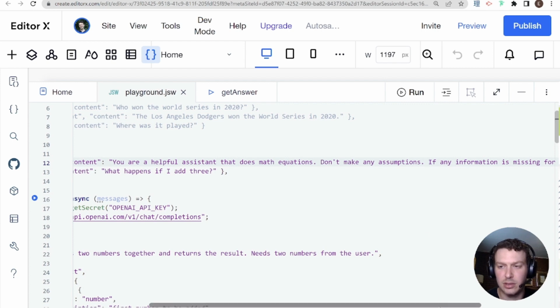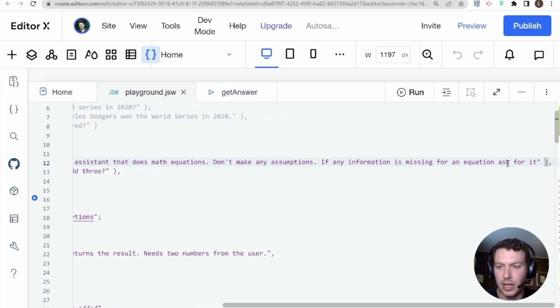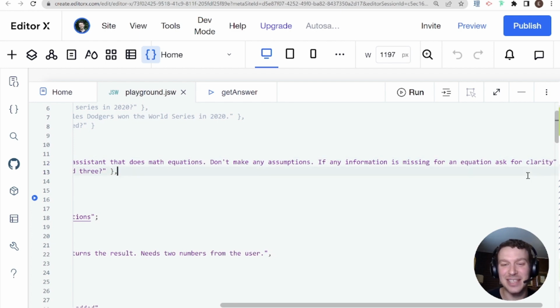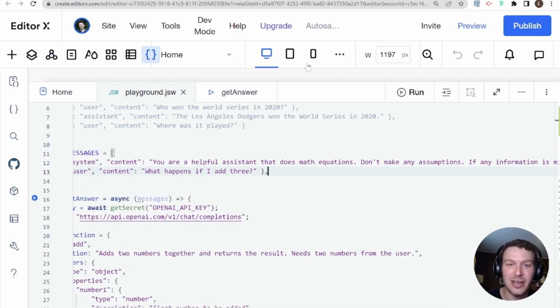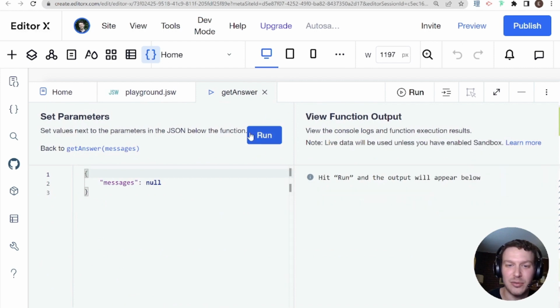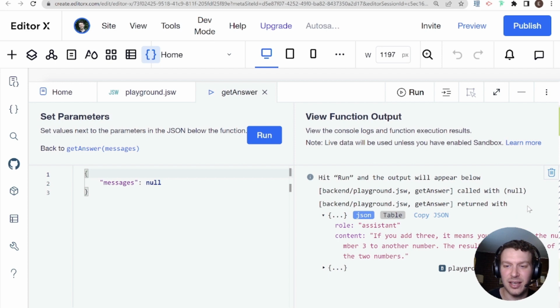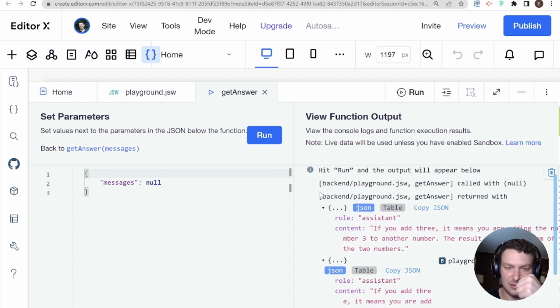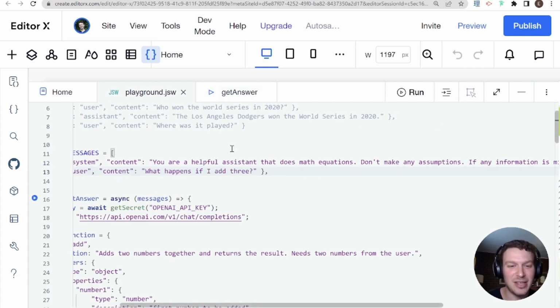If any information is missing for an equation, ask for clarity. Let's try using that word that they used over there. Okay, let's try that. So I'm going to go overhead here and run it. I don't know why it's not working. I mean, it could just be that